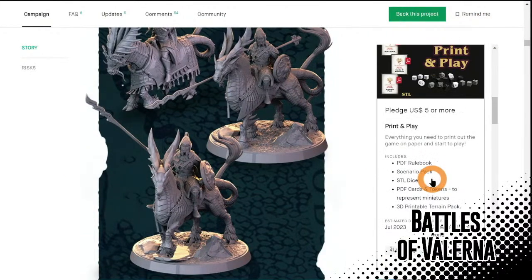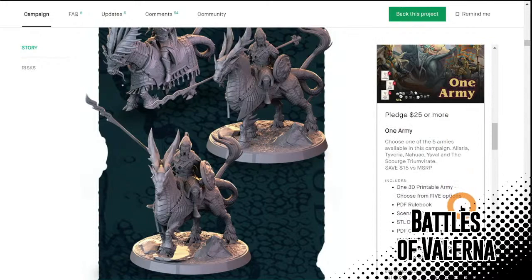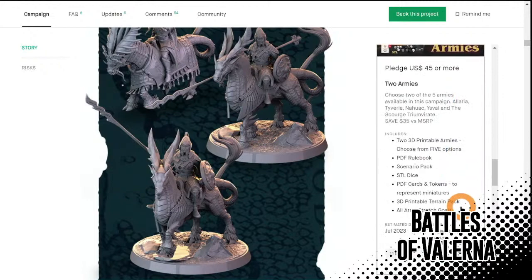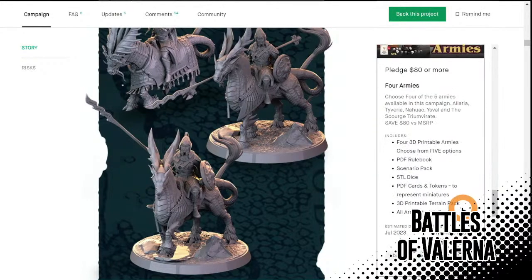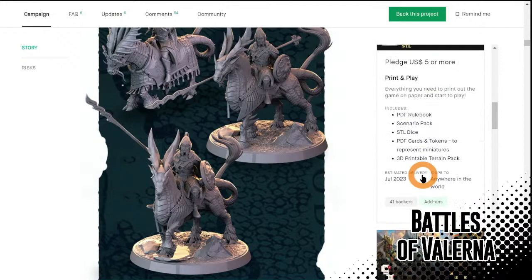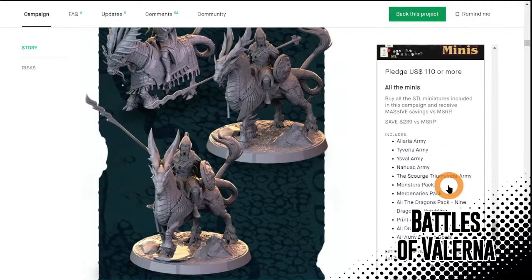Let's see, what is it? $5. Does that include those? PDF card tokens to represent 3D printable. Wait, maybe it's up here. Is this it? There it is. 4 3D printable armies, 2 3D printable armies, 1 3D. Okay, so like the big, all the minis, 110. That's not cheap, but so how many armies are there? 4, 5. Then mercenaries and monsters. So $110, you get quite a bit of content,